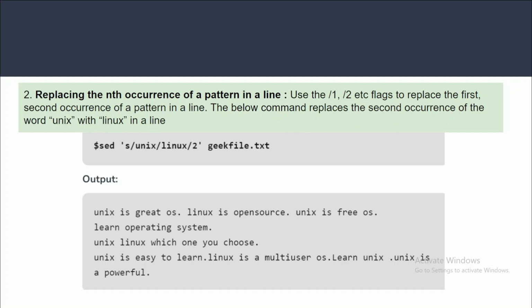So first we will see how you can replace the nth occurrence. For example, in this particular file, you have 10 times this Unix character, and you want to